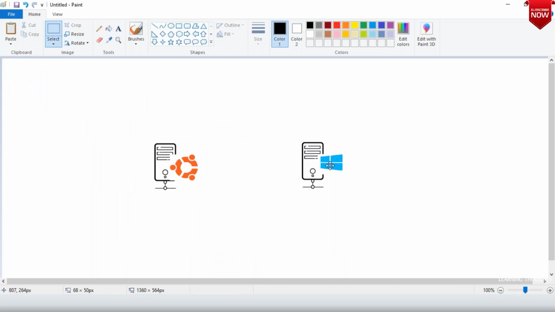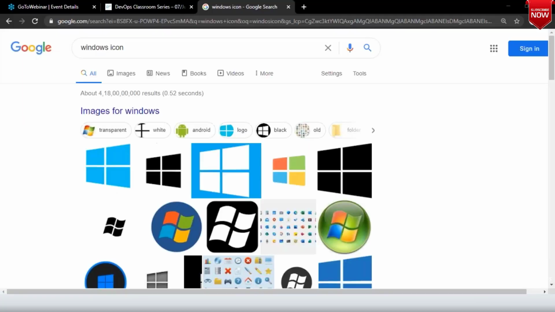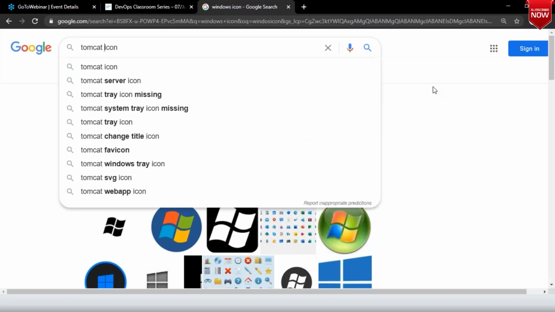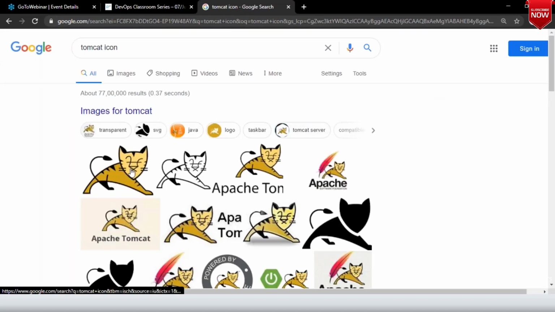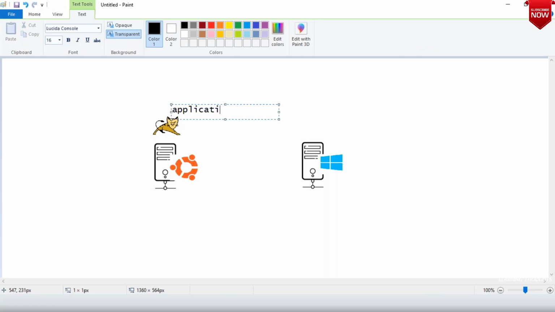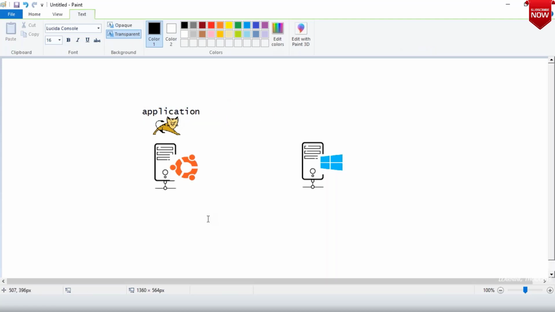On this server we run some Tomcat application, and on this Tomcat your application is hosted.